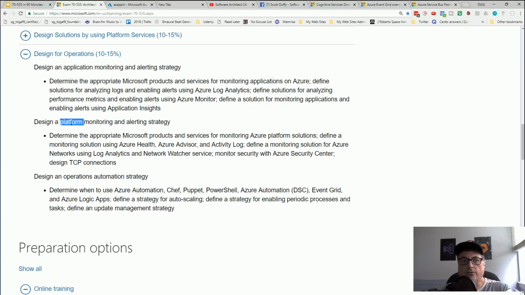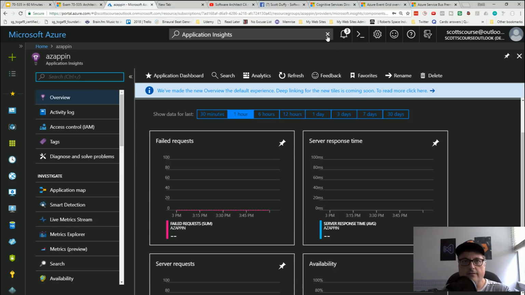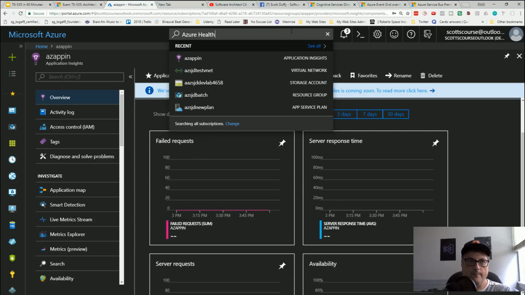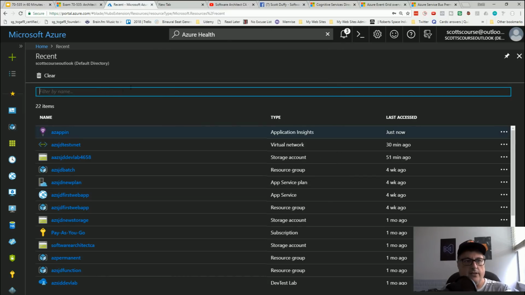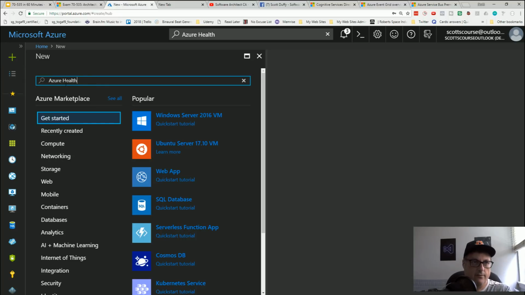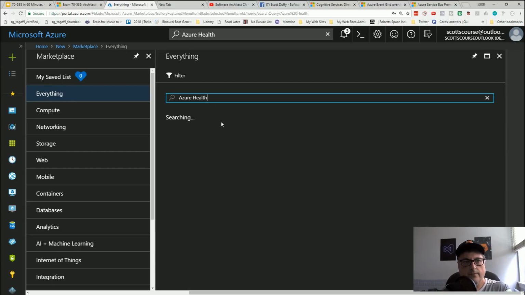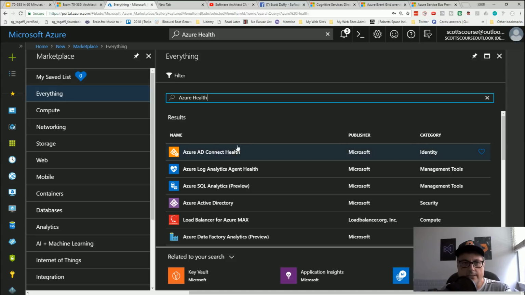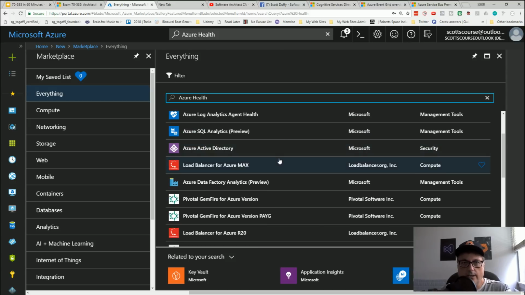Now, monitoring Azure as a whole is platform monitoring, which is different. Microsoft has a couple of cool products that are relatively new. Azure Health is relatively new. I'll go in here and say Azure Health. So Azure Health is a product that you can,